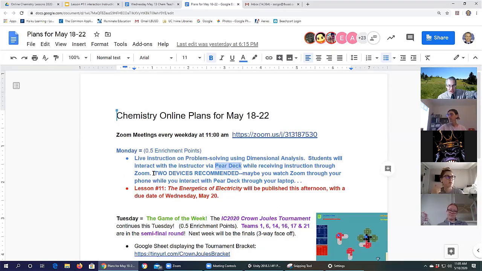So the recommendation here is that you have two devices, one where you're looking at the Zoom and one where you're doing the Pear Deck. You can do it on one device if you switch back and forth between the two apps. And the things you will need to see through Zoom are when we say, here are some student responses, and you'll need to hear us through Zoom. You won't hear us through Pear Deck. All right, with that in mind,